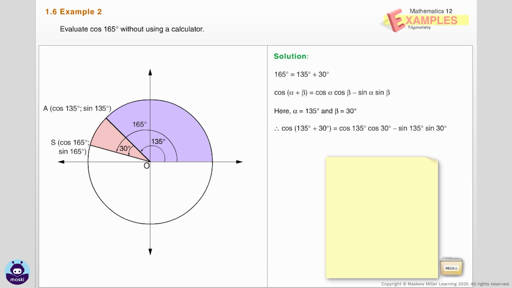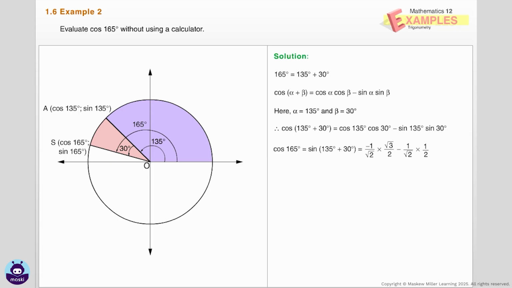From special angles and reduction formulae, we know, substituting in the expression for cos 165 degrees, we get, taking the LCM, we get, thus the value of cos 165 degrees is negative root 3 minus 1 all over 2 root